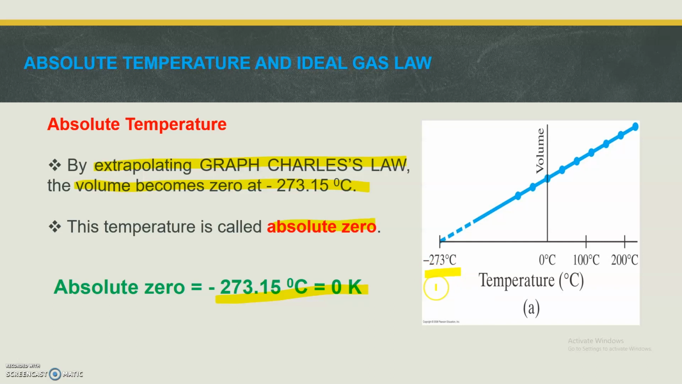Common temperatures in the absolute scale are 0 degrees Celsius, freezing point of water, equals 273.15 K. 25 degrees Celsius, room temperature, equals 298.15 K. 100 degrees Celsius, boiling point of water, equals 373.15 K. 0 K, absolute zero, equals minus 273